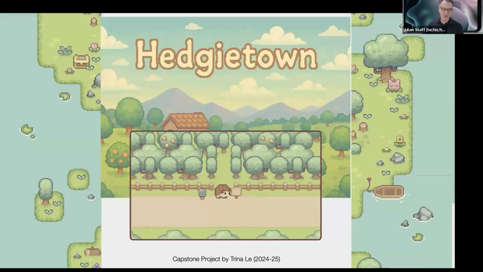This is another project, actually one of our students in our capstone thesis class this summer is developing this for her thesis project. And this is a fully developed game being developed in Unity called Hedgie Town. So the main character of the game and some of the other non-player characters are AIs. And so AI